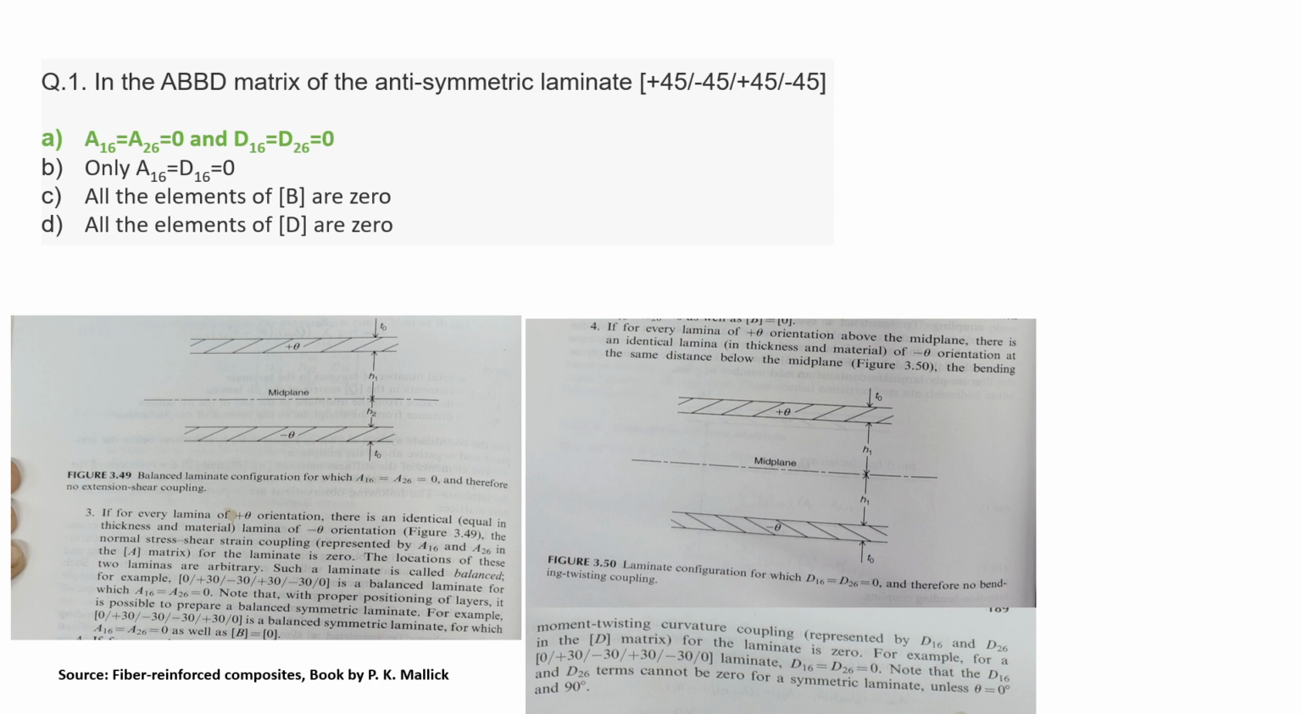So the first thing you will see in the question is that it's an anti-symmetric laminate. For a symmetric laminate, the B matrix will be 0. Here it is anti-symmetric, so the B matrix will not be 0. In the last session, we discussed some points that will be useful to answer this question. The two most important points are this point number 3. This says that if for every lamina of plus theta orientation there is an identical